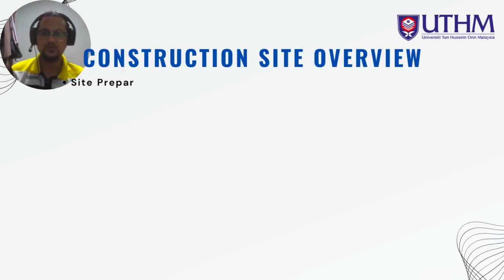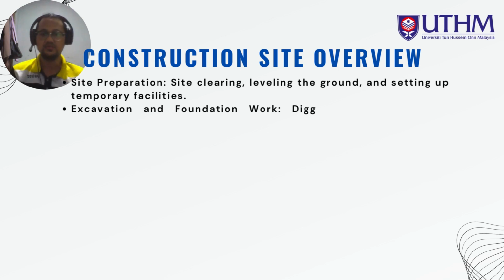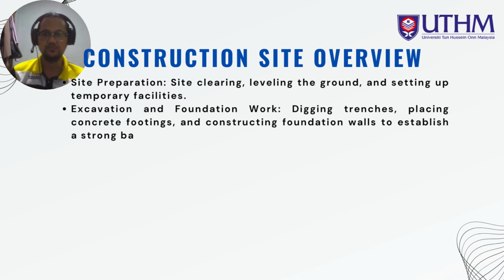In this slide, I will briefly explain the construction site overview. So as I mentioned earlier, the site chosen is the Selangorku housing project. In this project, several types of work will be carried out. The first is site preparation. Site preparation involves site clearing, leveling the ground, and setting up temporary facilities. After they complete the site preparation, they will enter the site for the excavation and foundation work,